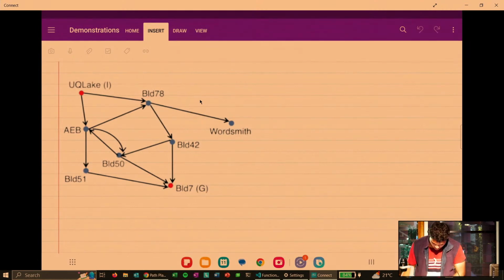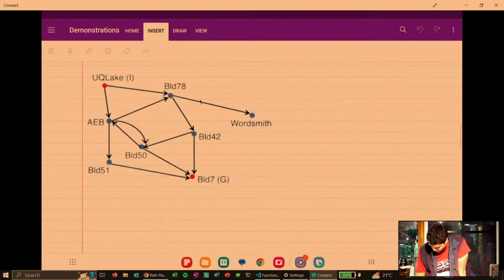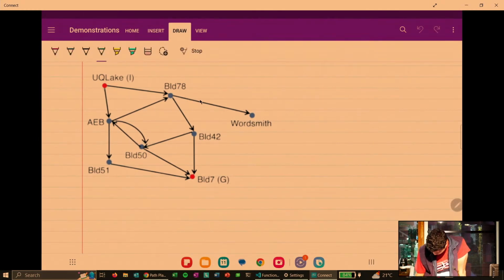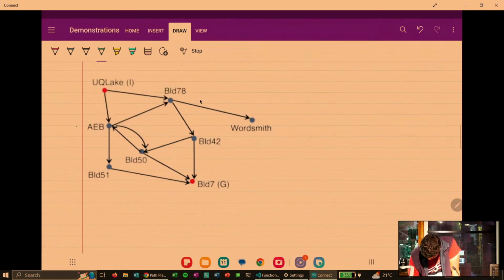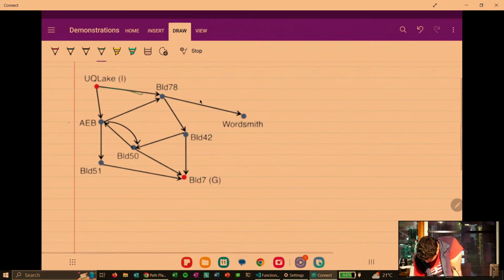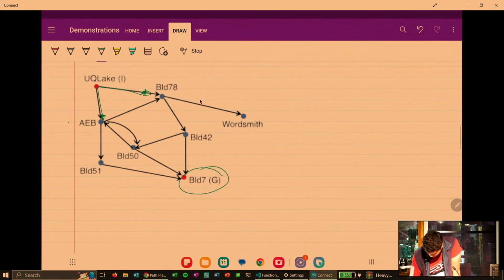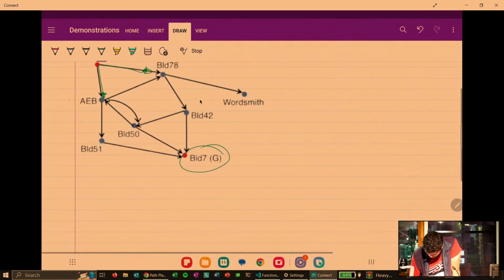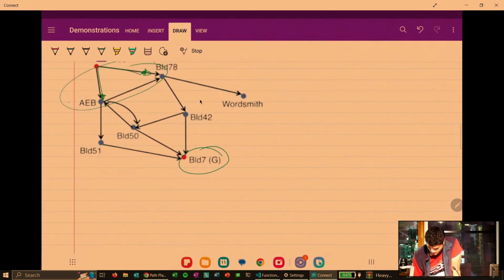For BFS, as Shenka said before, I like to think of it as going through each layer of an onion, because onions have layers. It's really easy. You start off in a left or right direction. This is implementation based, so it really depends on whatever you want to explore first. If I start off on the right hand side first, I'd explore these two parts, and we're trying to find Building 7 here. So I'd explore these two, and that's the first layer done, and then you move on to the second layer. Building 78, explore here,